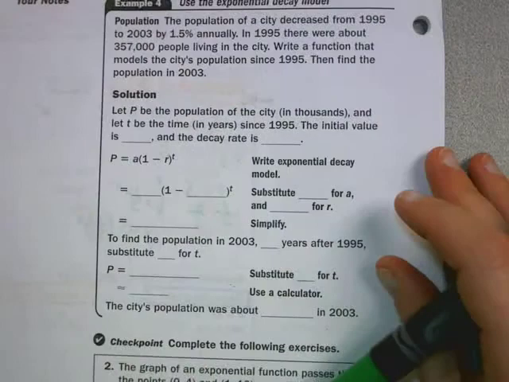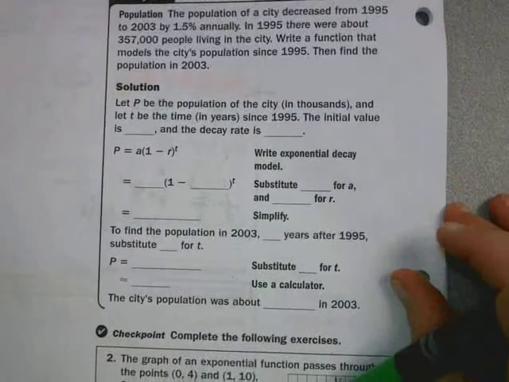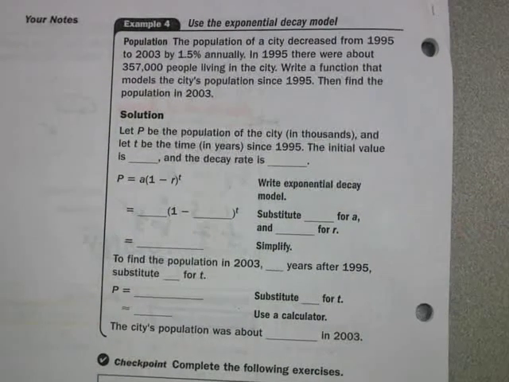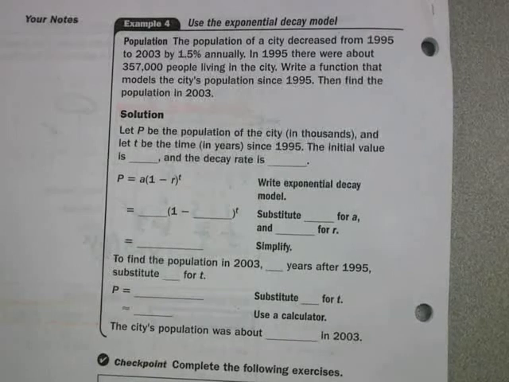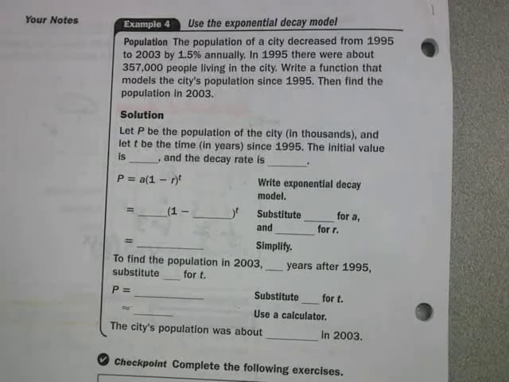All right, so we have a population. It's of a city, and it's decreasing from 1995 to 2003 by 1.5% annually. In 1995, there were about 357,000 people living in the city. You're going to write a function that models the city's population since 1995, and then after that, you'll find the